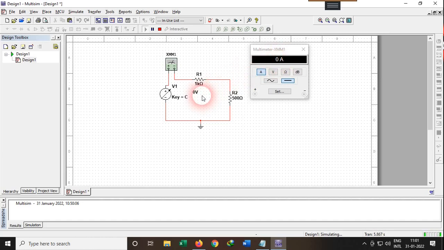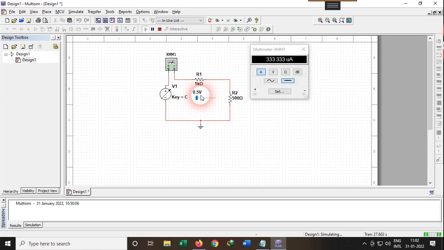Okay, now we can increase the value of this V1. For that, I'm going to press the key C, the C button of my keyboard. I pressed it one time and it has increased the voltage to 0.5 volt.